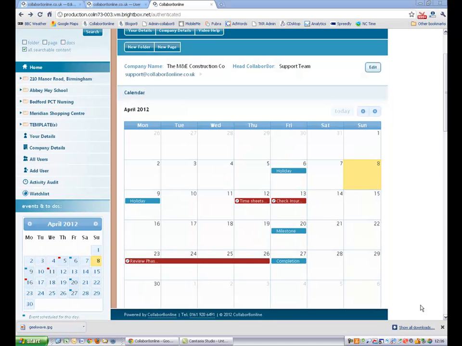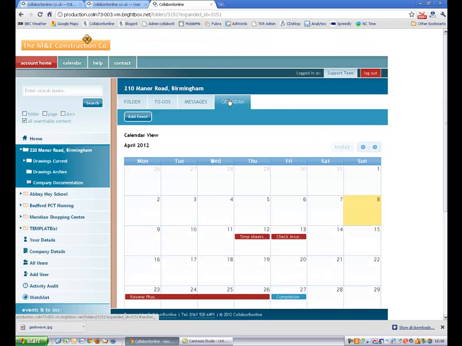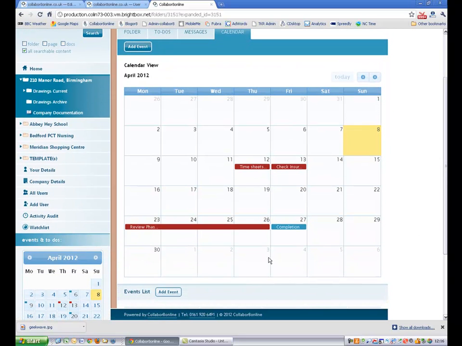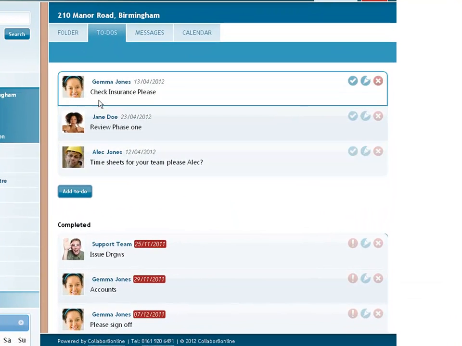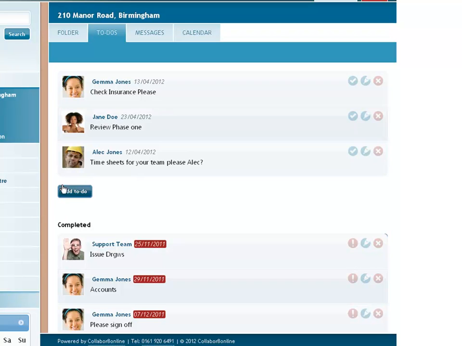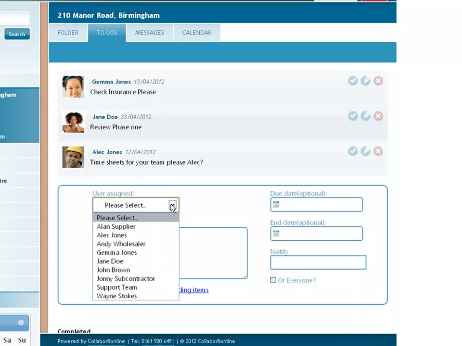Let's have a closer look at that within an individual project. So I'm going to go to my job in Manor Road, Birmingham. I'm going to click across to the calendar tab, and here you can see that those events that I moved on the home page have been reflected in here. Now we can actually see closely by looking on the to-do list tab. These are the events that we've got. We can edit those if we wish, or I could add a new one, assign it to any member of the team,